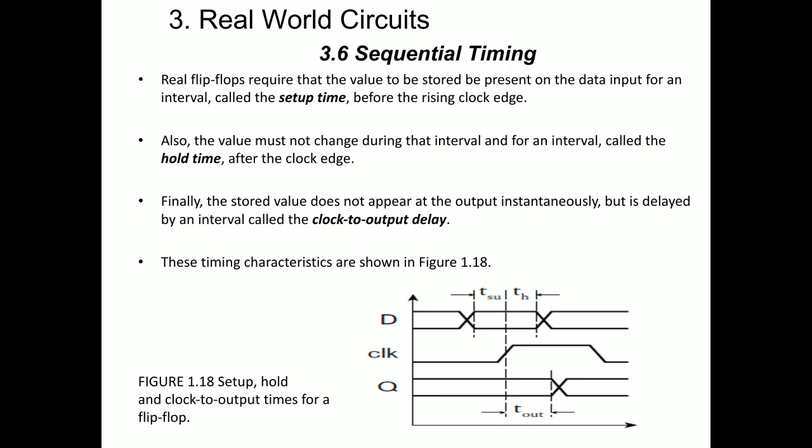Till that time, the same data which is present before the clock edge should be maintained after the clock edge also for some amount of time. The data should be present before the clock edge for some amount of time, and the same data should be present after the clock edge for some amount of time, so that the output can capture the input. I repeat again, before the clock edge, the data should be present. It may be logic 0 or logic 1. It should be present before the clock edge comes, and the same data should continue after the clock edge also, so that the output can capture the same input value.